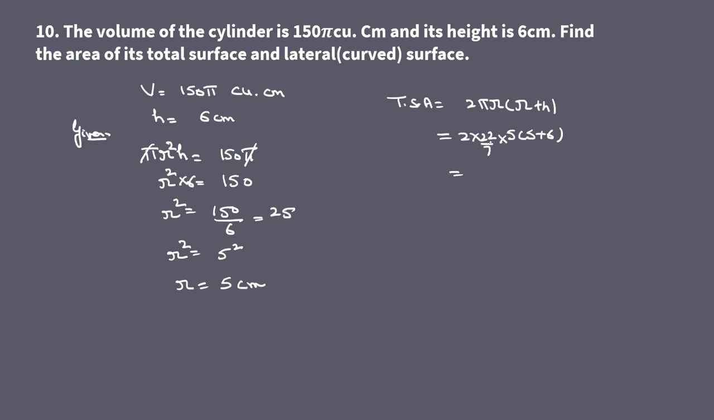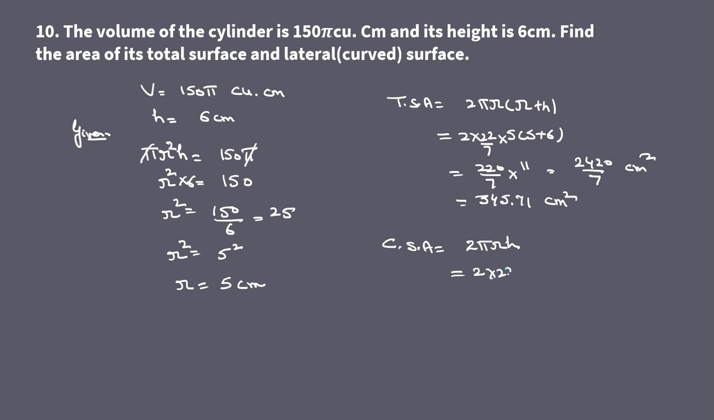So here it will be 220 by 7 into 11. So TS is 2420 by 7 centimeter square. That means we have to divide 2420 with 7. We will get approximate answer as 345.71 centimeter square. Now to find the CSA, it is 2 pi r h,